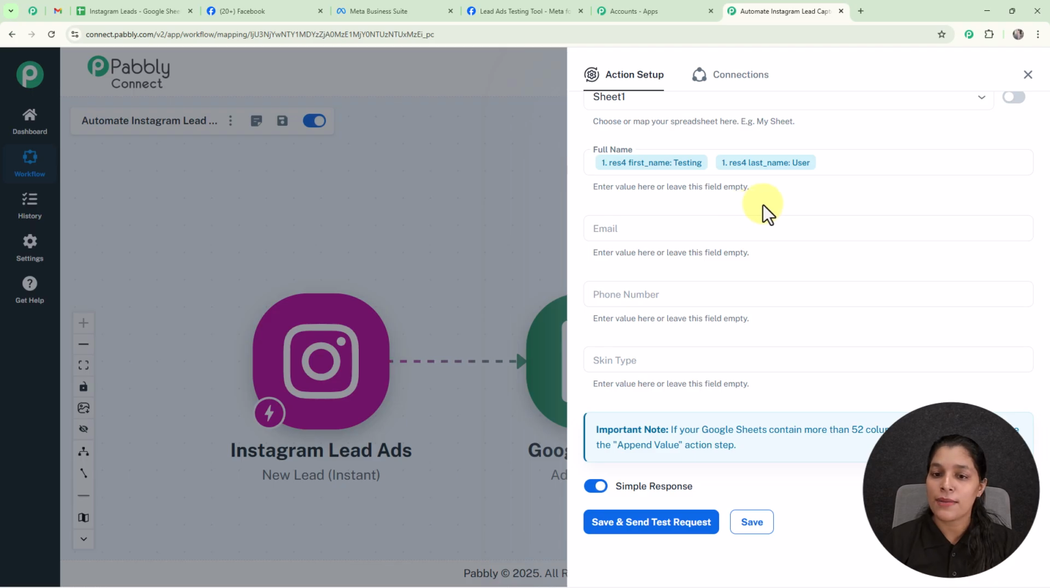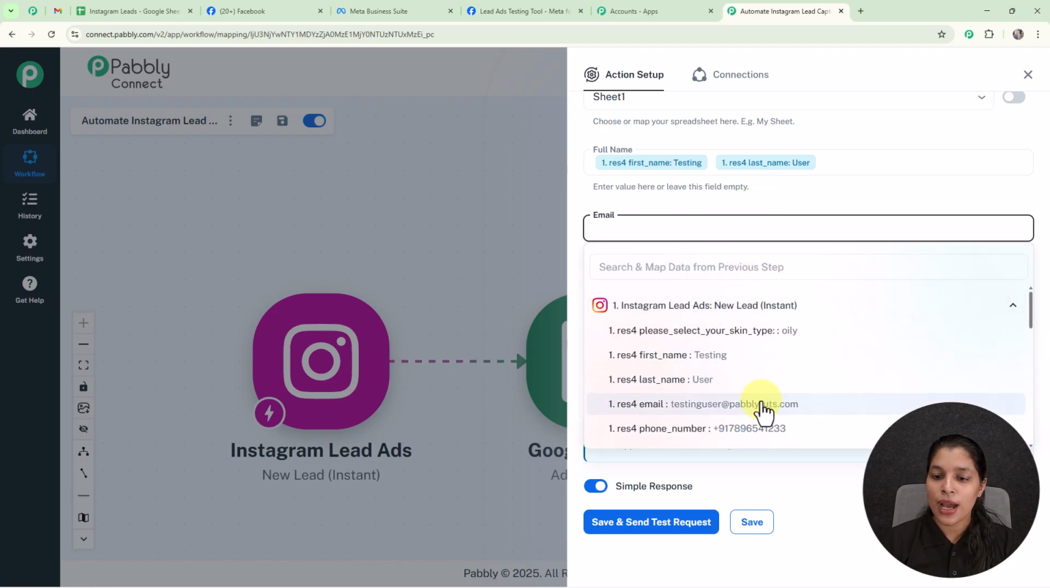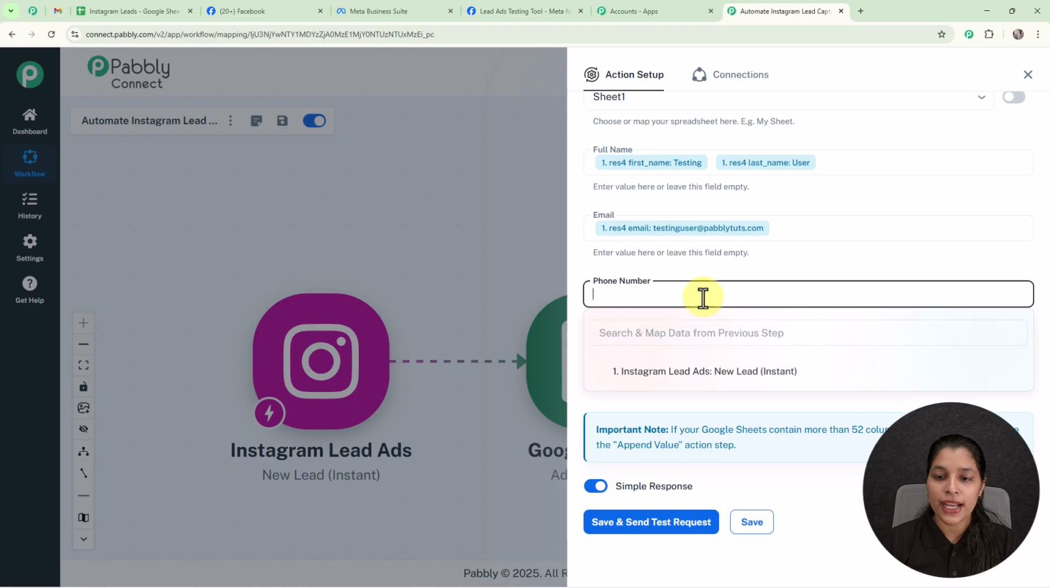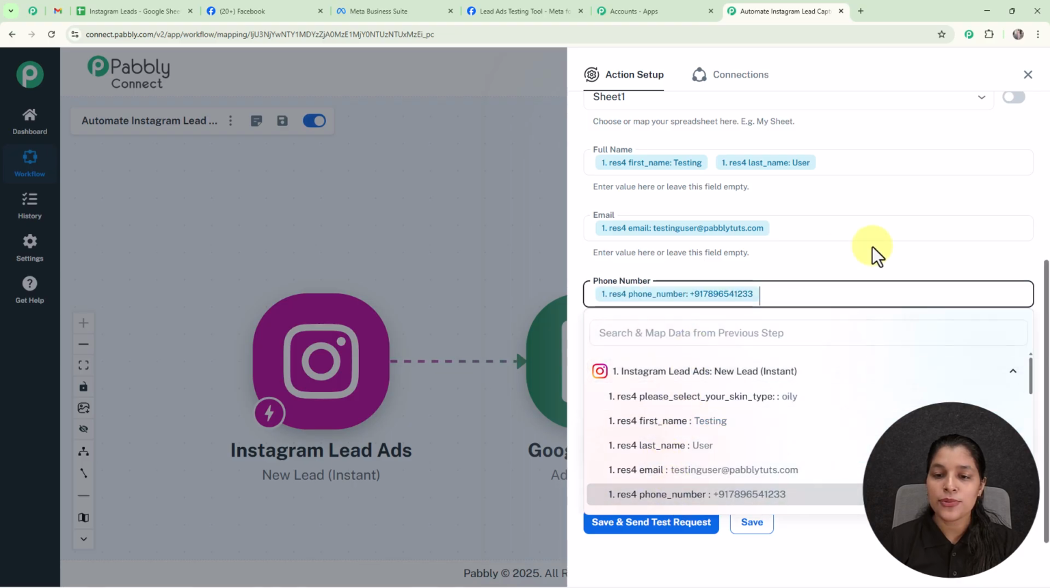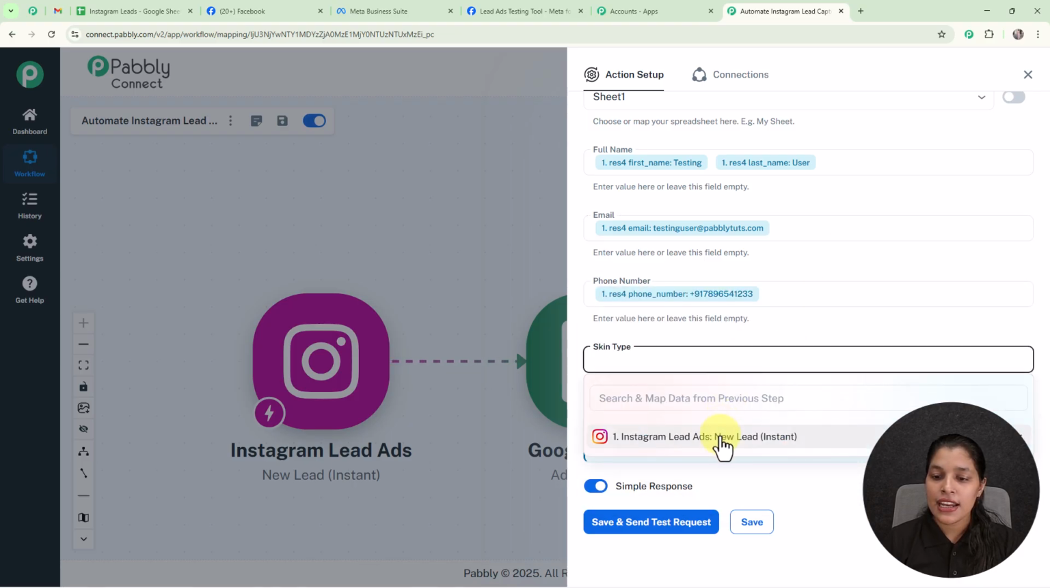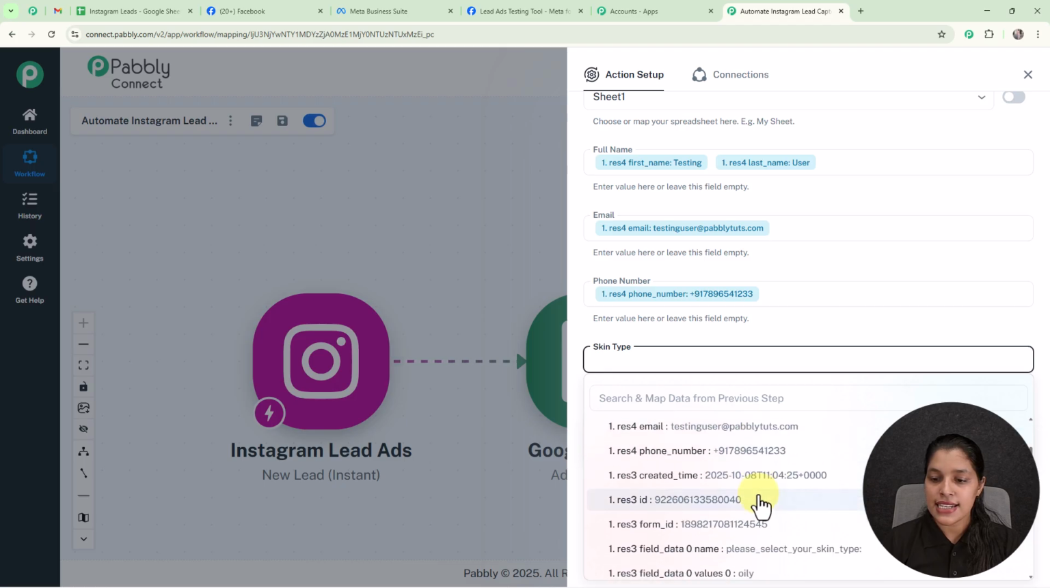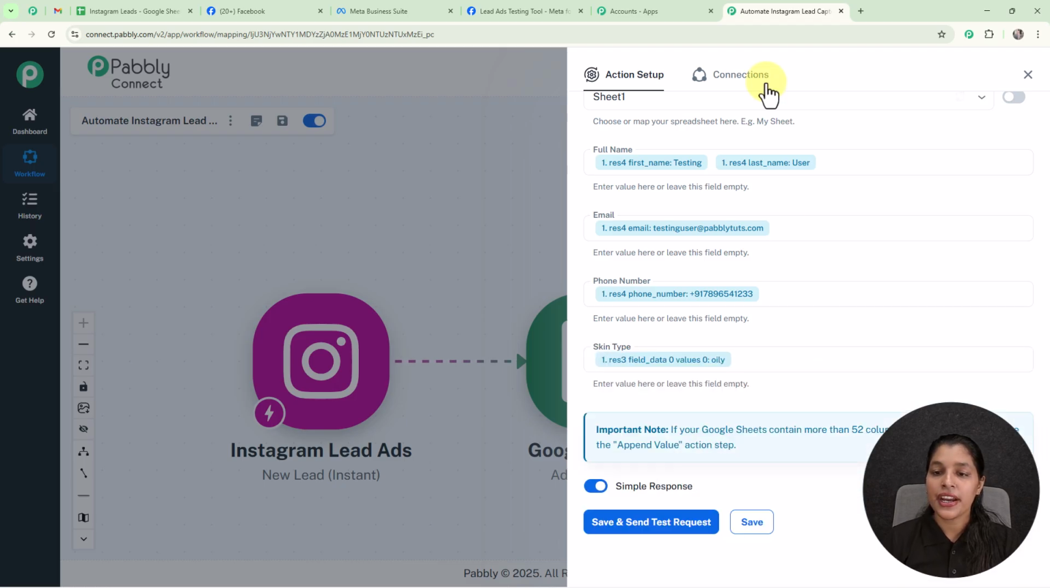So here I have mapped it, and afterwards I am going to map the email. So here I have mapped my email address as well, and now I am going to map my phone number, and afterwards I am going to map my skin type, which can be seen here. So here I have mapped all my details, and these fields are dynamic, meaning they are going to change with